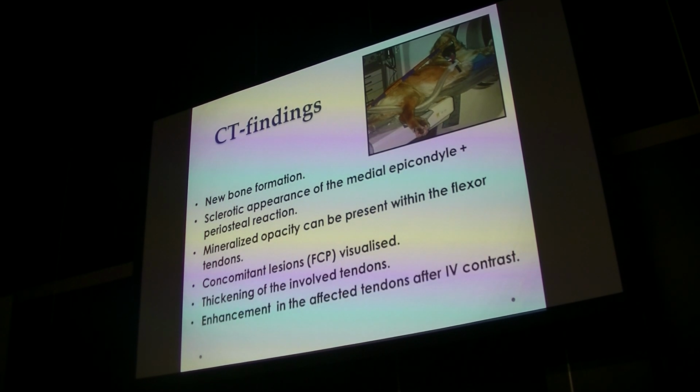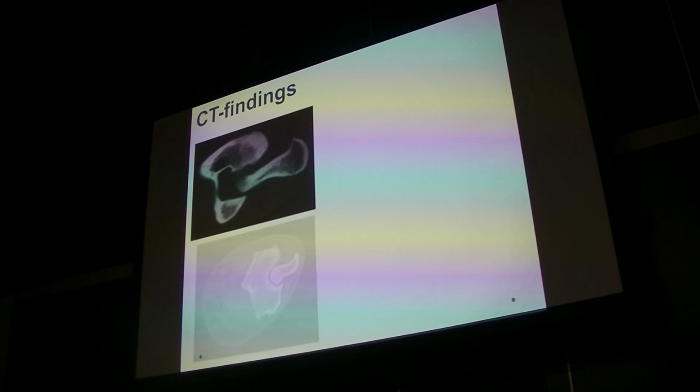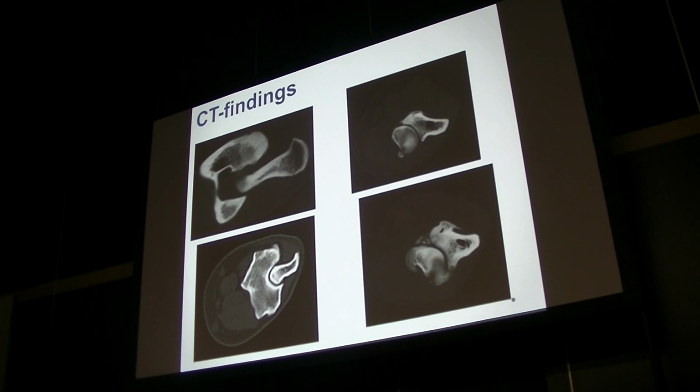The thickening can be evaluated, and we often administer IV contrast. IV contrast is very useful in these diseased elbows as well, as I will show immediately. So here we have the different aspects of flexor pathology on CT: the thickening, the sclerotic area of the attachment, a small area of new bone formation, and these cases go together where we see